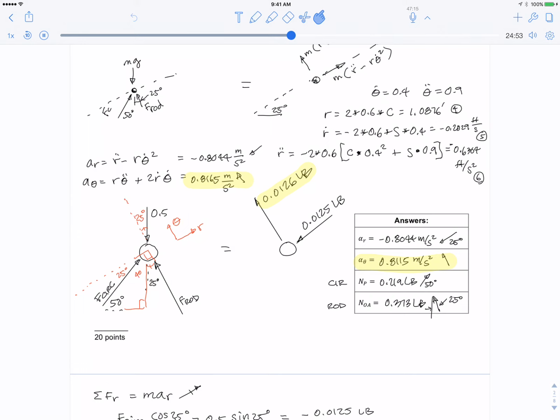So it worked out great that the accelerations were so tiny, that these m times a's were so small, that even though I messed that up, I still got the problem right. I mean, these forces on the right-hand side are so small, it's almost like a statics problem, almost zero on that side. Okay, but certainly I wouldn't grade it like that. You would lose a lot of points if you didn't have the ma, because you wouldn't have A_r and A theta, which is 10 points right there out of the 20. Okay, so let me go on to the next problem. So I just realized that